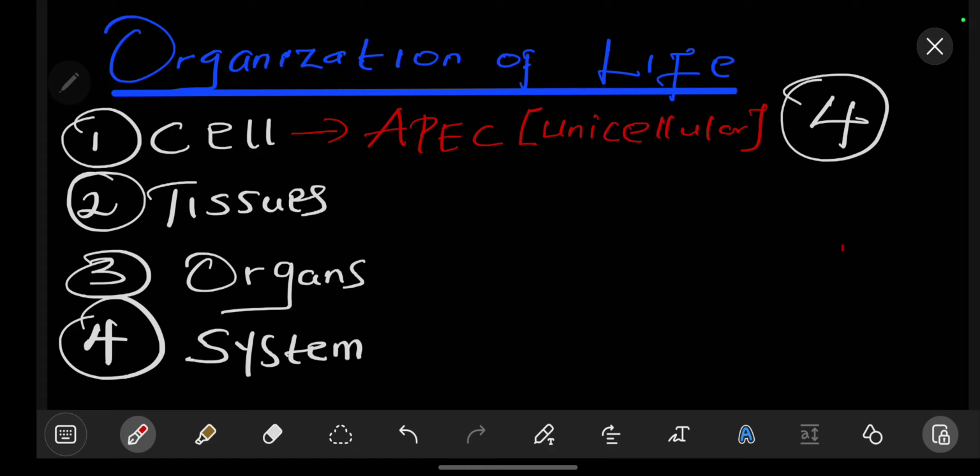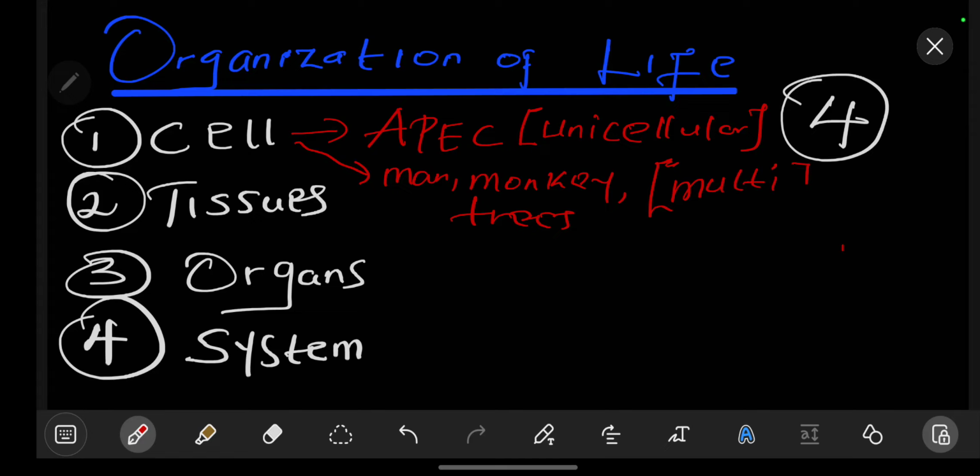Then the next, we have the multicellular organisms. Here includes man. We have man. We have things like monkey. We have trees. All of this you see are multicellular. So that's it. Now, for the tissues, examples of organisms on the tissue level, well, we have organisms like